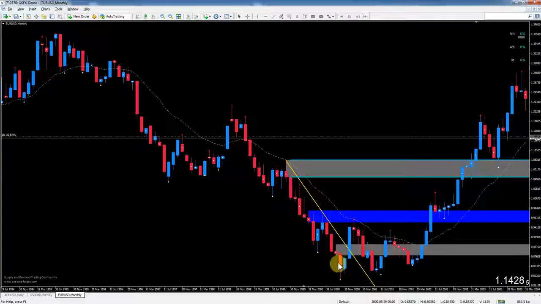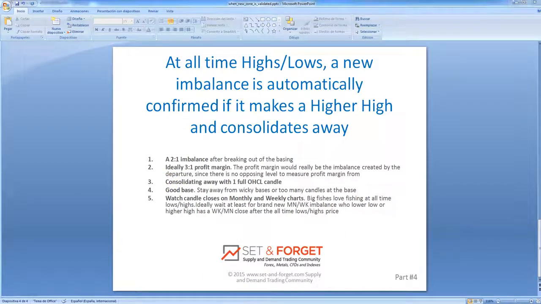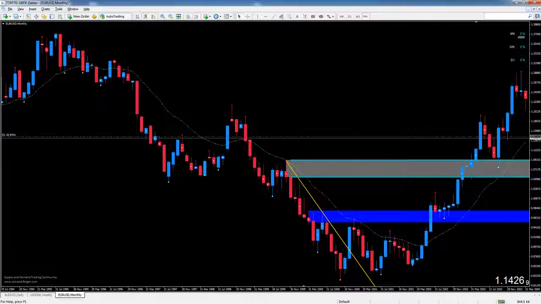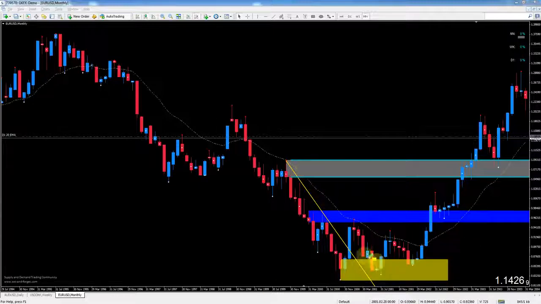That means that there are a lot of buyers and sellers there after a big drop in price on the euro. So price drops there, and since it did close but didn't fulfill these rules, it is not valid. What happens? We've got a while long scenario on the monthly. Trendline breaks, creates a brand new area of demand, and then price retraces all the way down